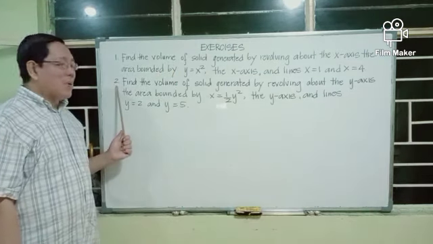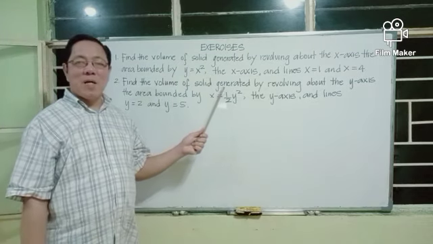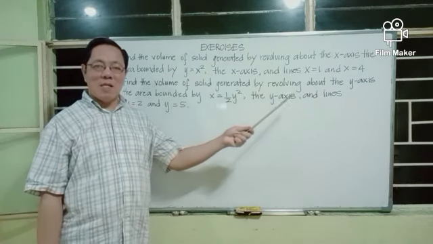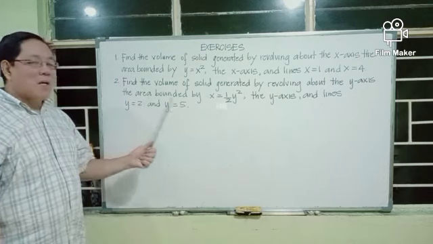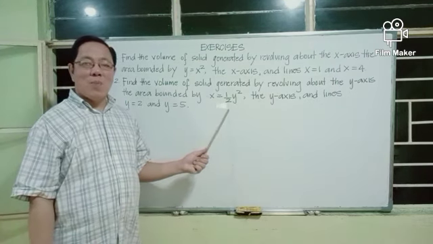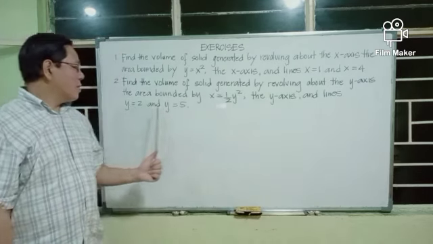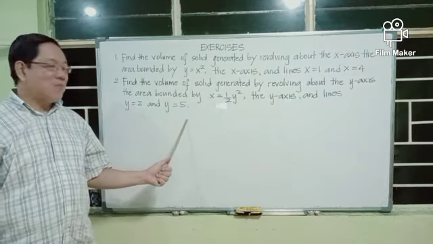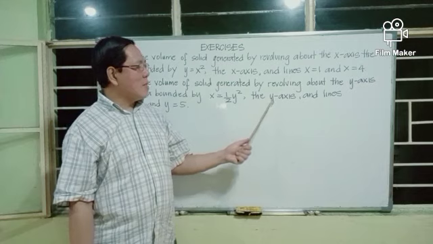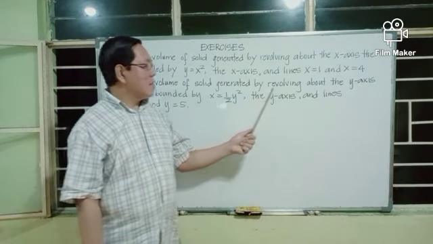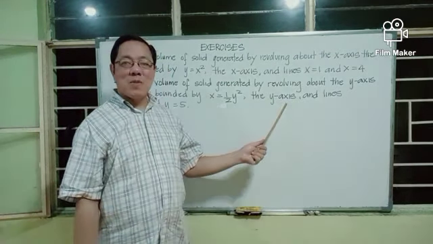Number 2, find the volume of solid generated by revolving about the y-axis the area bounded by x equals 1/2 y squared, the y-axis, and lines y equals 2 and y equals 5. Again, since the y-axis